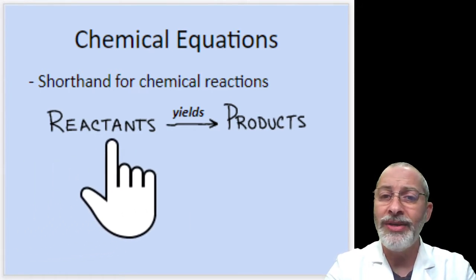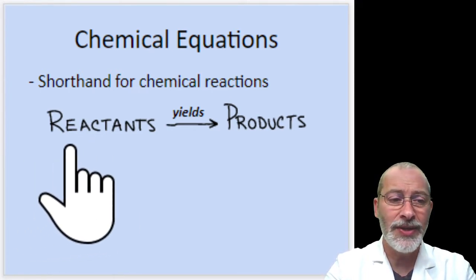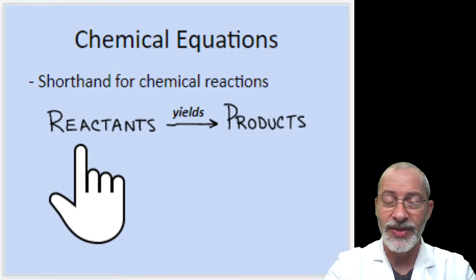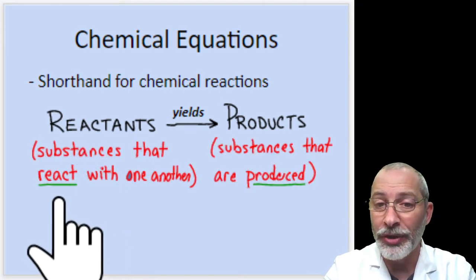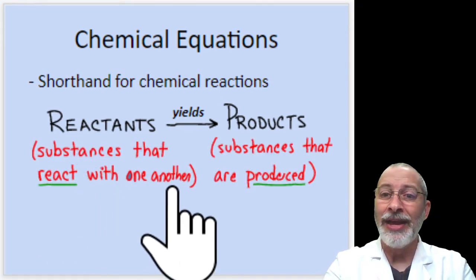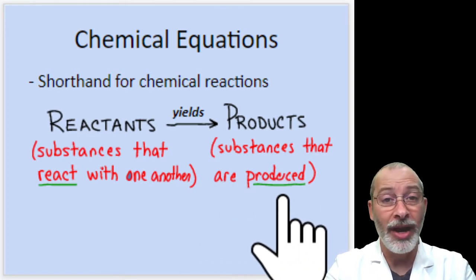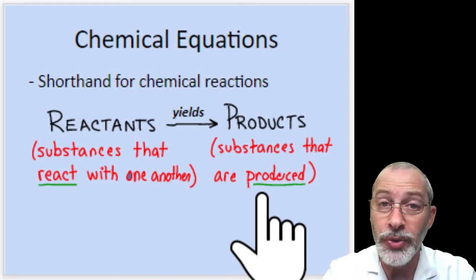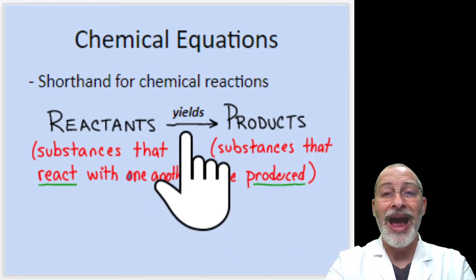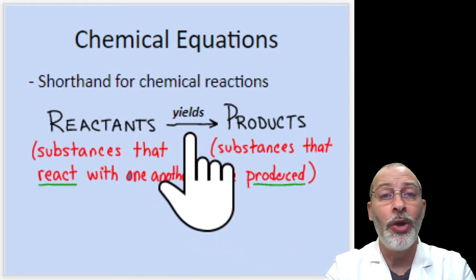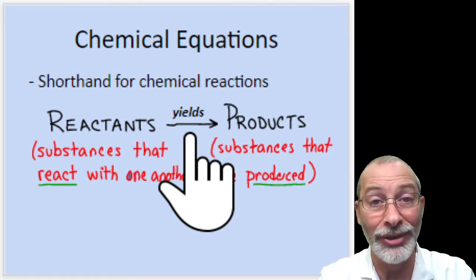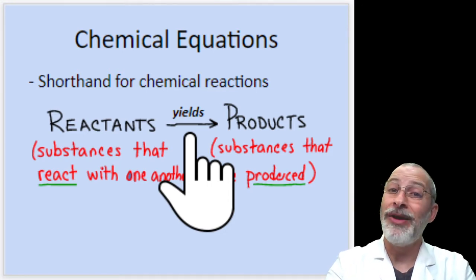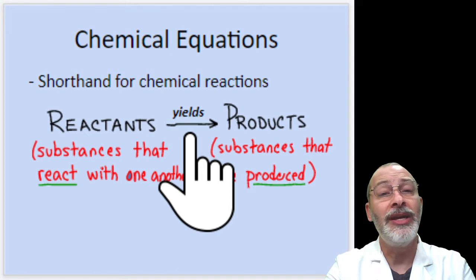There are always reactants, or substances that react with one another, and there are always products, or substances that are produced. And that arrow sign, which we always read as yields, shows the direction in which the chemical reaction is taking